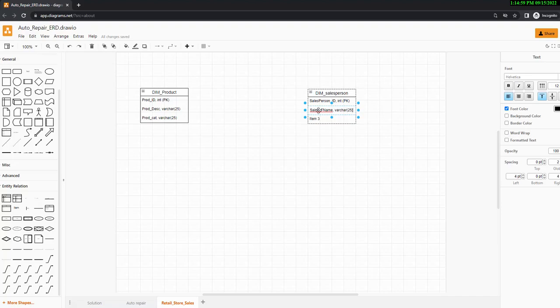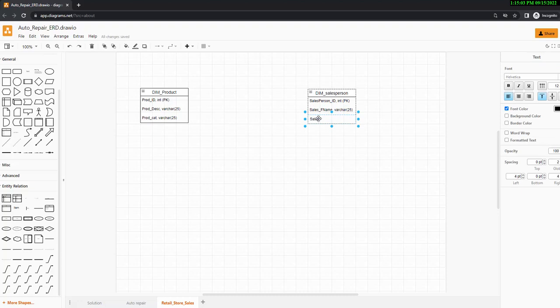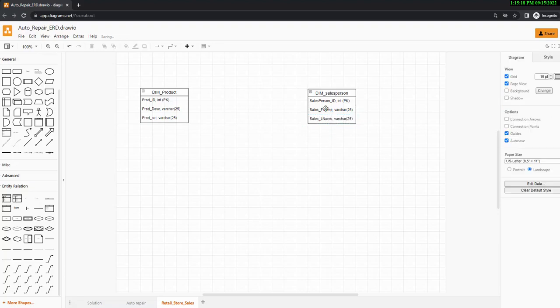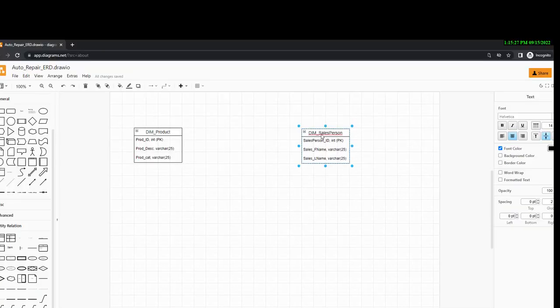Then if we have the first name, we'll also have the last name, sales_L_name, and I'm starting it with sales, so we know this is in the salesperson table, and also to differentiate this from the customers table, and varchar 25. So these are the fields. Just to keep things consistent, let me modify the name so this looks a little bit better. Salesperson